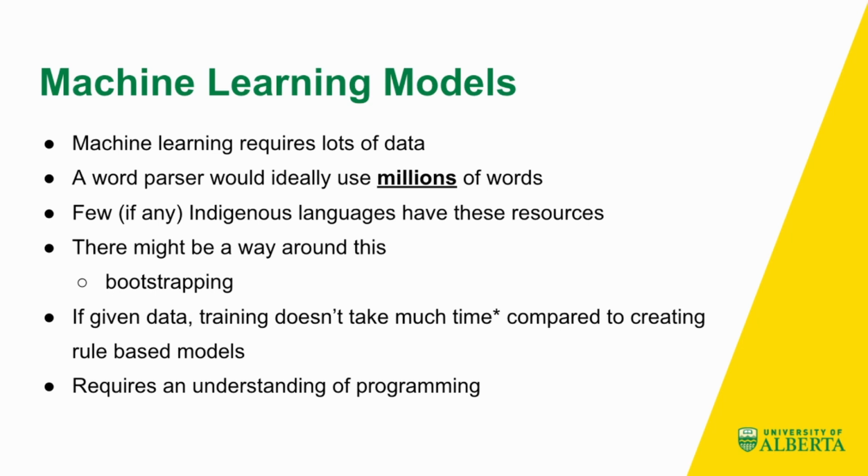But that's not realistic for everybody, and as a result, it might actually be quicker or easier, at least, to just do a rule-based model. But the advantage of doing the machine learning-based thing is that you don't need explicit descriptions. You don't need, as the researcher, to understand the rules that you're trying to teach the computer, because the computer's doing the learning. So if we go back to the previous example,